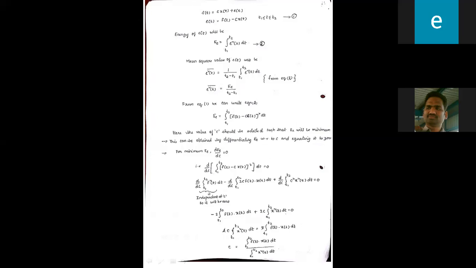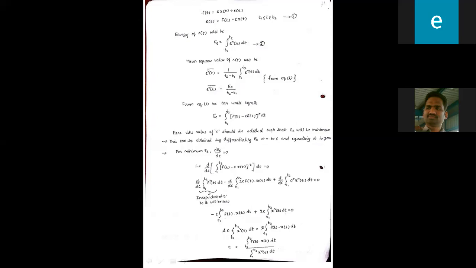The two concepts we learned, vectors and signals. The formula is C is equal to f dot x by the magnitude of x square, an equation for orthogonality in vectors. And for orthogonality in signals, the equation is C is equal to